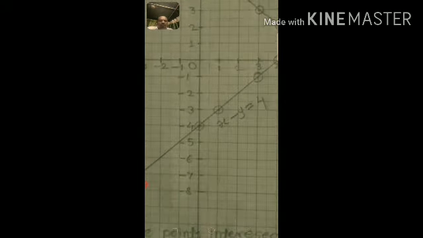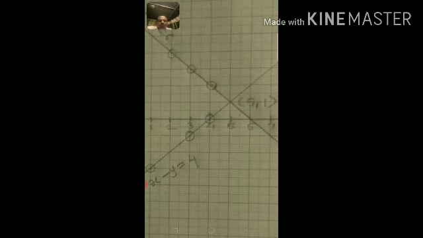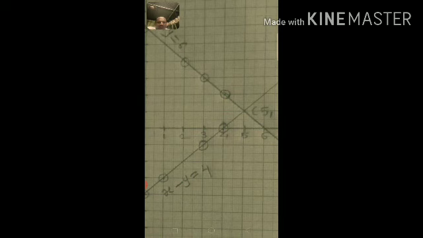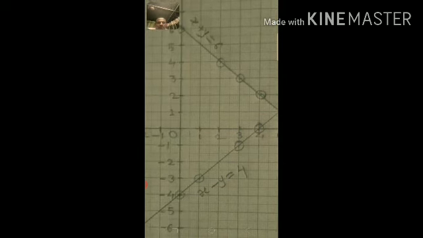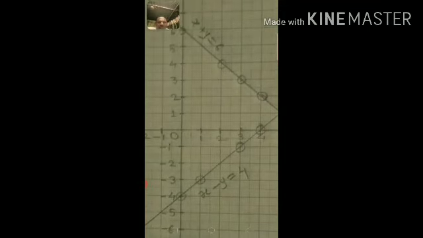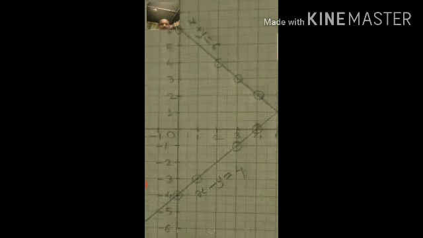Then the second coordinate point is (0, -4). 0 is at the origin and -4 is here on the y-axis below. Then the third point is (4, 0). 4 is on the x-axis and 0 is on the origin, and hence this point is on the x-axis. Then the last point is (3, -1). 3 is positive, this 3 is here and the -1 is below that 3 here, and hence these 4 points are plotted on the given graph.